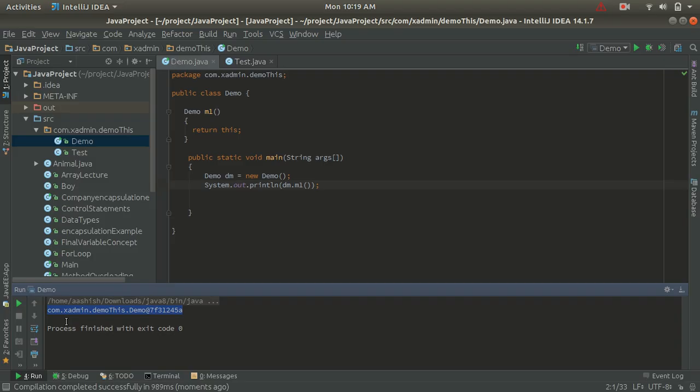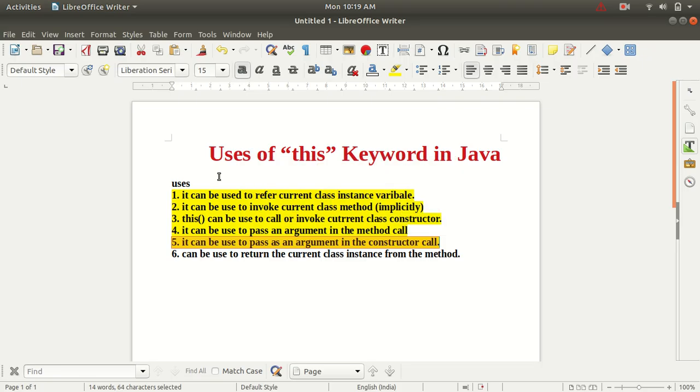I hope you understand how we can write a simple program to return this with the help of a method. Inside a method, I am returning this as the current class reference, right? These are the 6 uses of the this keyword. The first use says that it can be used to refer to a current class instance variable.